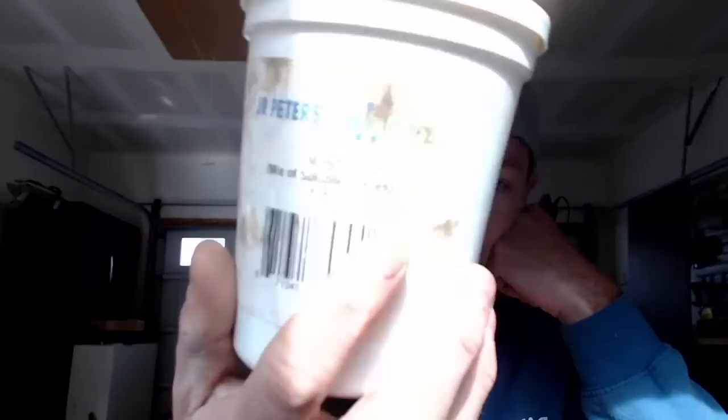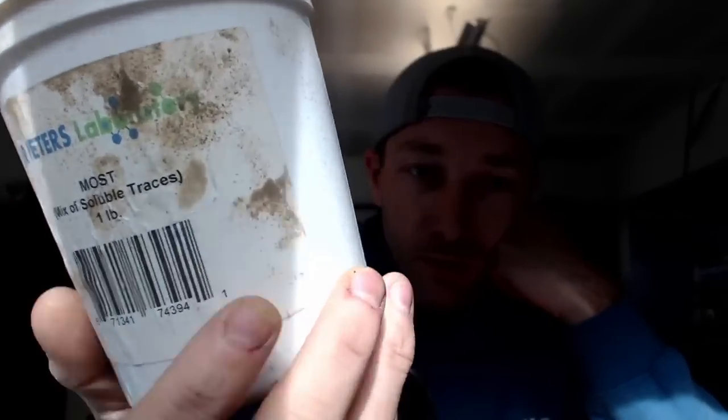where I don't even want to use an MPK mix. I want to use Jack's Most or J.R. Peters Most. Because talking with Slow Nickel and some others, trying to up the manganese levels and possibly the boron levels as well, I kind of just want to do my own MPK and let me deal with the micros. Because that's where,